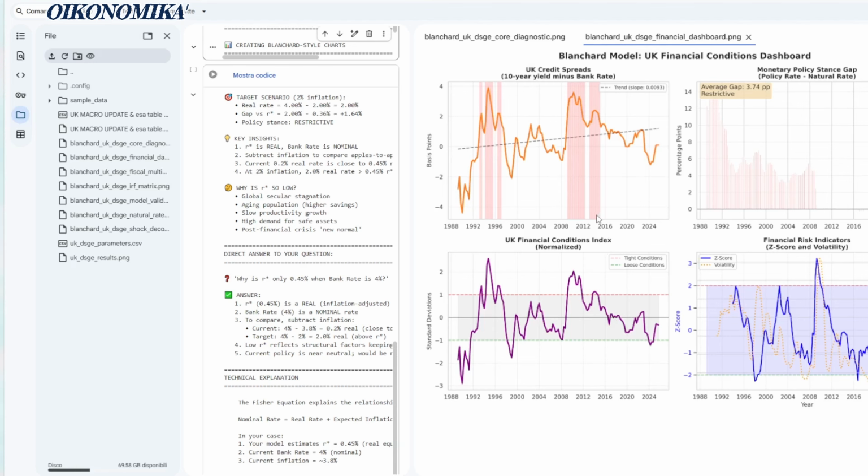So we see how the economy or the credit spread change across time. Here in this period they are mostly narrower, but the crucial component is the friction component in the monetary policy mechanism. Here we see that monetary policy is still marginally restrictive for stimulating private credit creation. I believe that in the near future